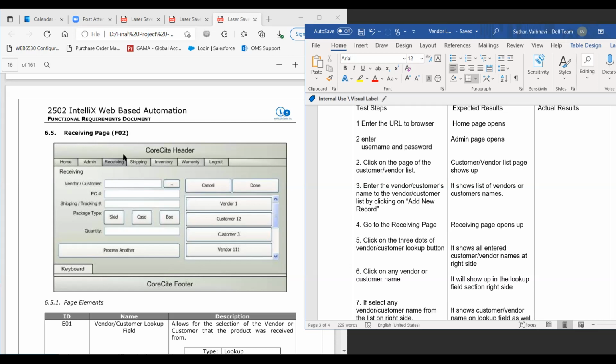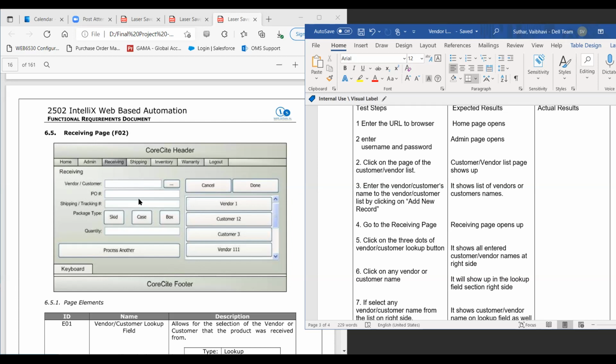So you can just mention receiving, right? Because that's what you are clicking to access, right? Access receiving function, or click on receiving tab. That's the way you can write it. But I think in step 3, you are trying to add a new customer in the system. Is that right? Yeah, so here I have mentioned that first I'm entering the entries of the customer names, and then I'm testing this button. Oh, I see. So you